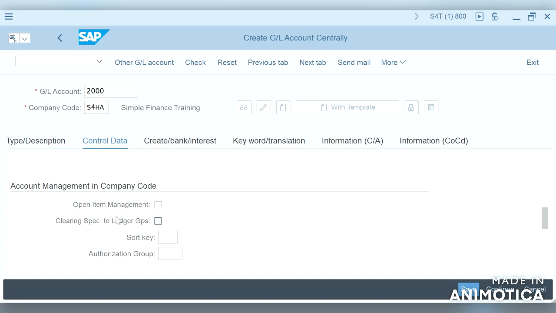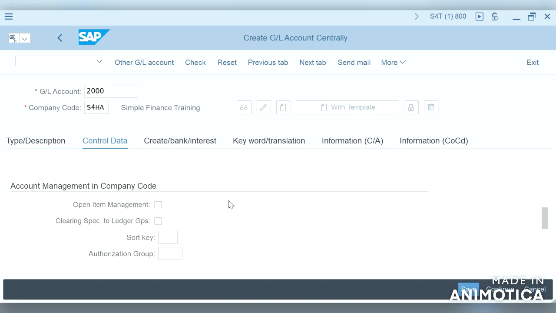Normally we can see line item display in ECC, and line item display is removed in S4HANA and clearing specific to ledger groups is added. So what is the main purpose of these fields? Open item management, as we already discussed in our previous video, will be used for the accounts where it requires clearing.